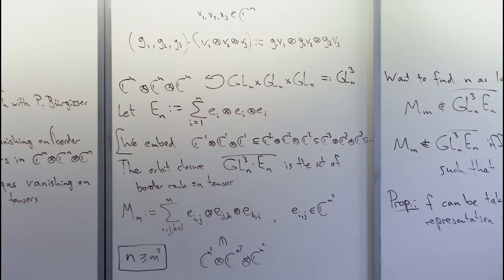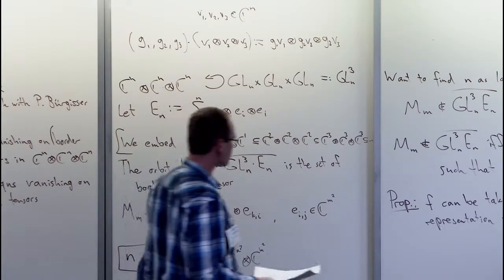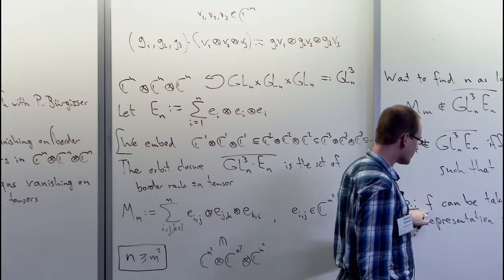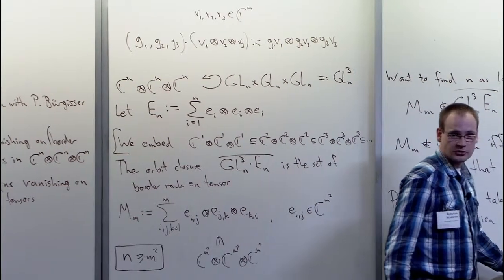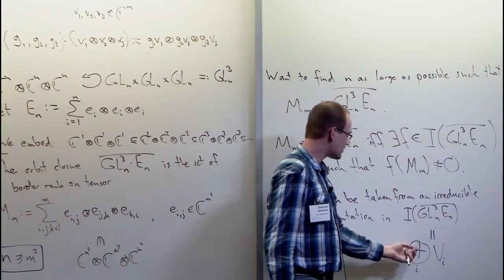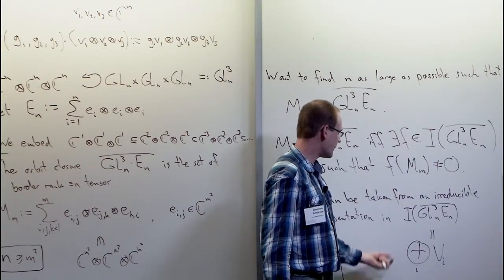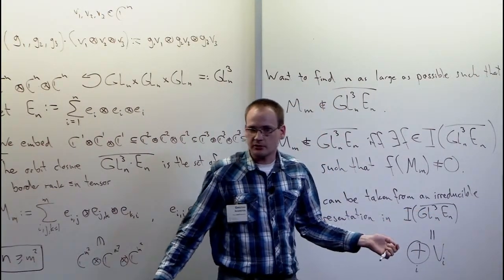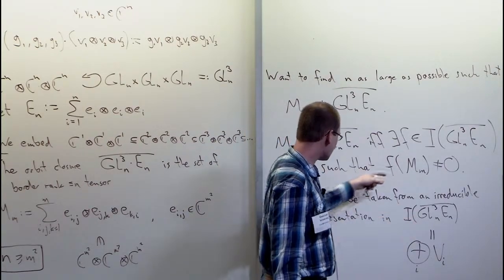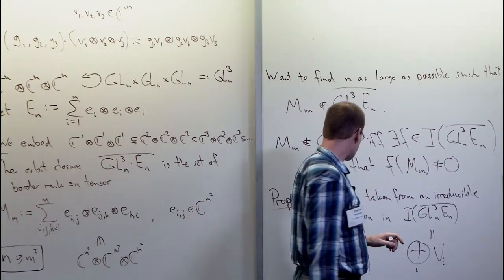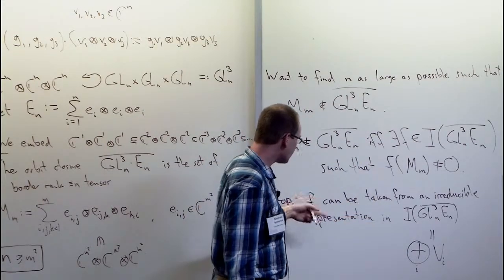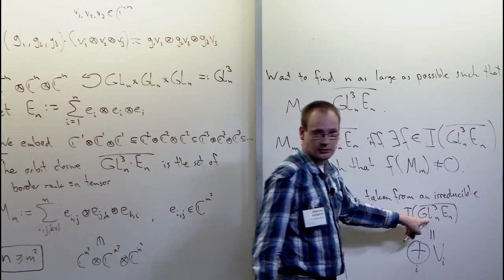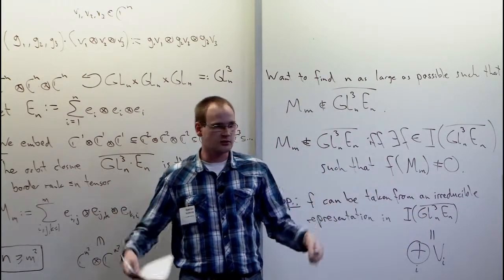So that's the first proposition, and the proof of this proposition is also very easy. If you have an f, you decompose it with respect to this decomposition that you have, and then you just take one of the summands, and that's a summand in an irreducible representation. So there's actually nothing to this. If you know that this decomposes, then that's it basically. The only thing that you need is that this group is a reductive group, so all your representations decompose.